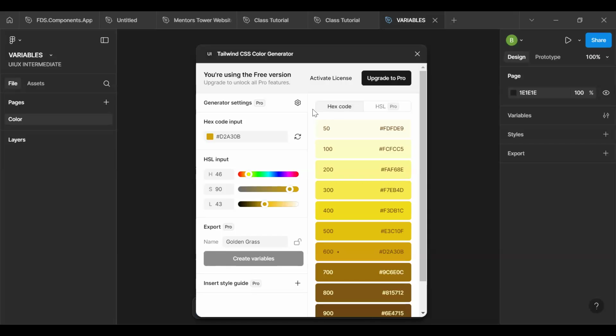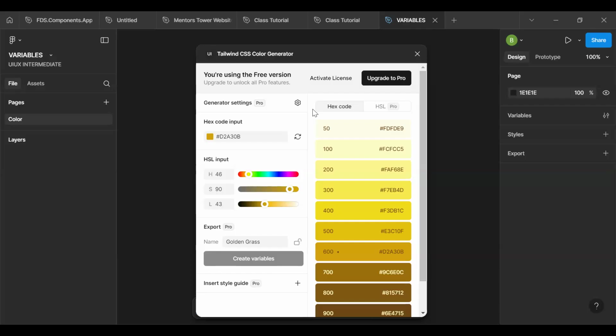So what color can complement blue and purple? Yellow? Nope, nope. Okay, let's bring in